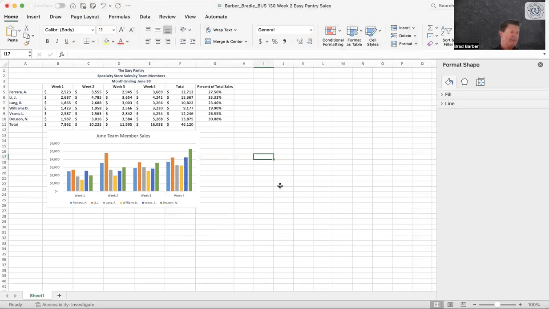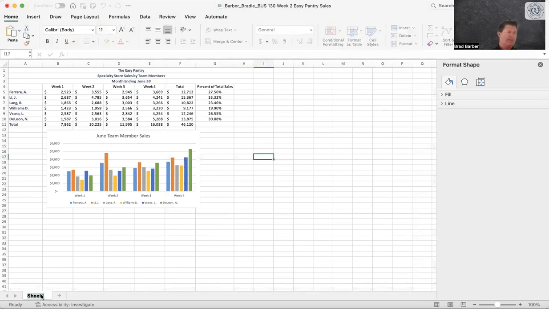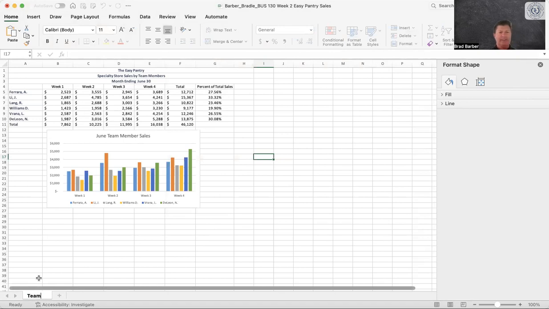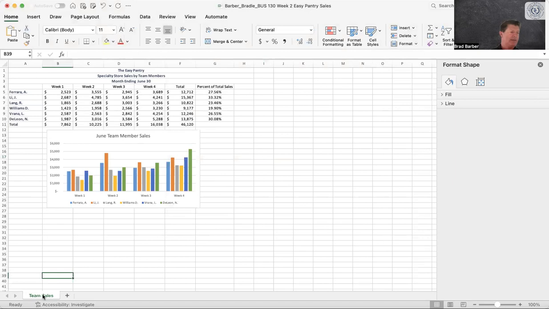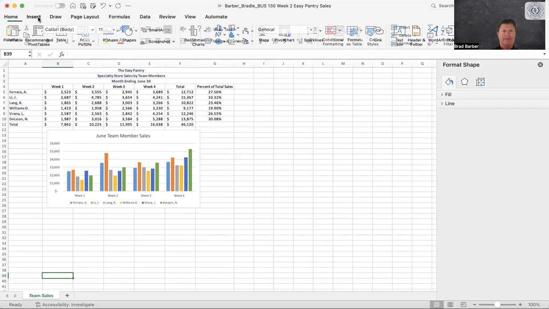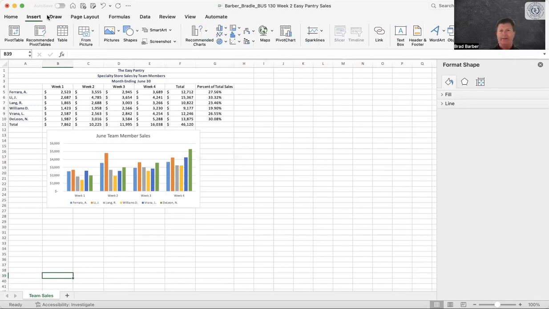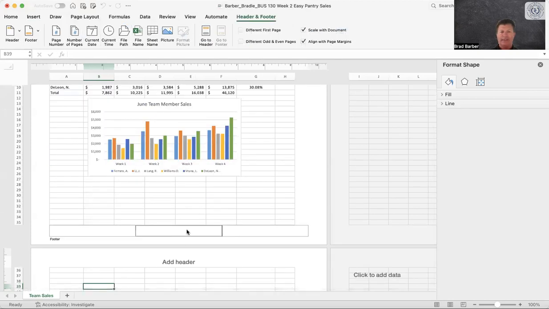Okay. And then a footer should be inserted, includes the file name. So right here, sheet name. We're going to click on there, and the tag should be team sales. I capitalized this. It's not capitalized on the instructions, so it wouldn't be incorrect to do it any other way. And then one last thing we're going to do is we're going to insert a footer. So I hit insert over here, header and footer, hit that. And my footer right here needs to say